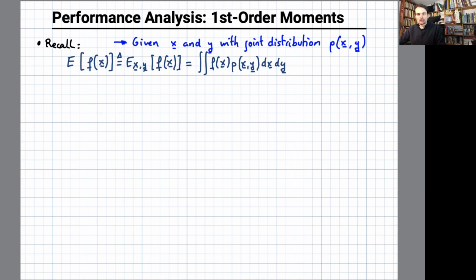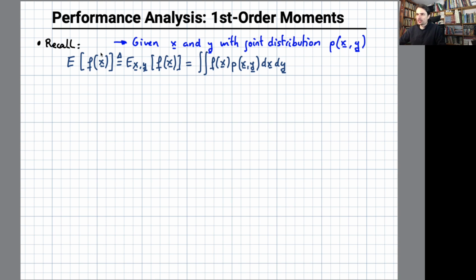Now that we know what an MMSE estimator is, how it can be derived and how it can be interpreted, we will analyze its performance. And before that, we should recall a few facts from probability theory. So to that end, suppose that x and y are two random vectors with joint distribution p of x comma y,